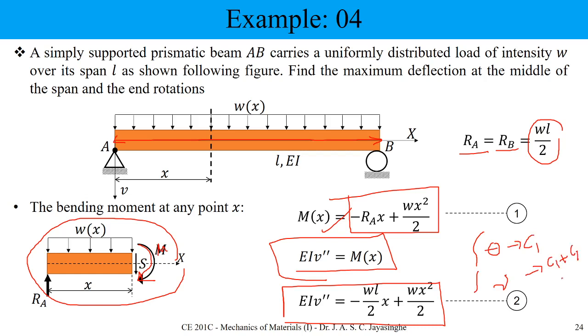So again we need 2 boundary conditions, either you can use this side or this side. Here is the pin end, so on this side V equals 0, and here V again equals 0, and this is a symmetric system. So at the symmetric point we know the rotation is going to be 0. Here we have 3, but you can select any 2, substitute, and resolve the problem. Okay, and at the same time if you are going with this equation,